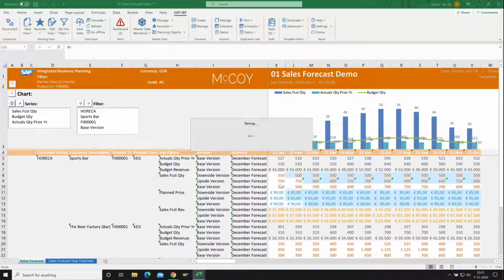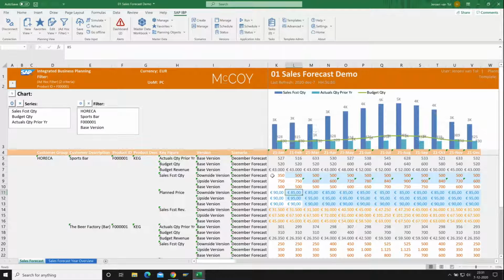So I'm saving my information in the system, and now all these versions are updated, but only in my scenario. So this means that within my scenario, I have now entered and changed data, which is only visible for me and the 2 or 3 colleagues for which I have shared this plan. And I can see and analyze the impact.